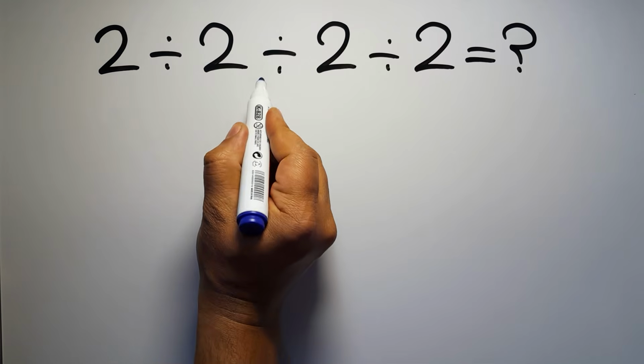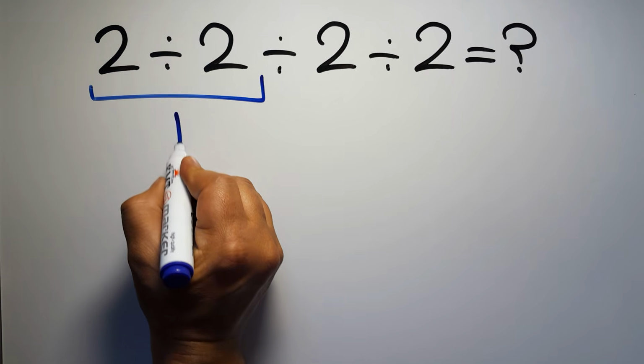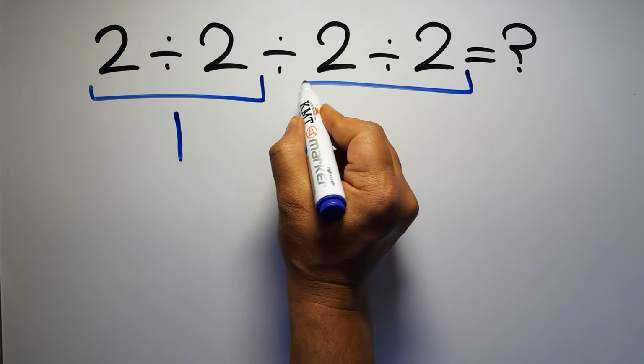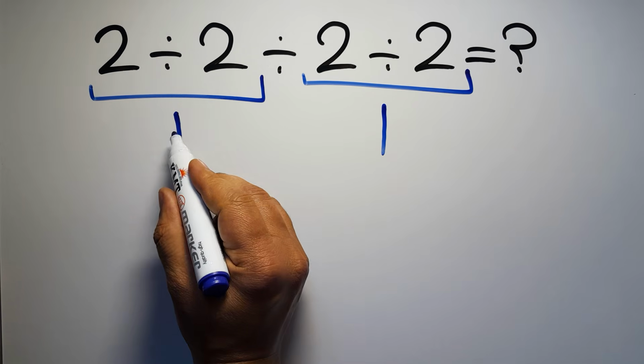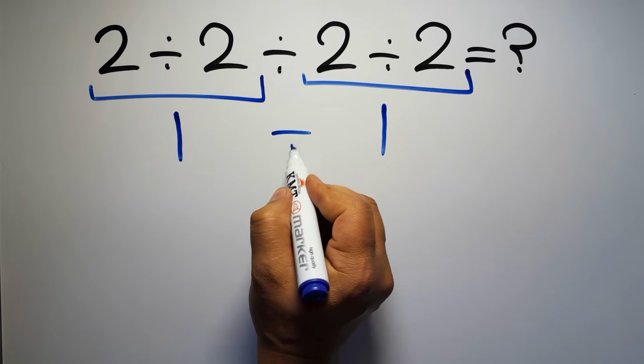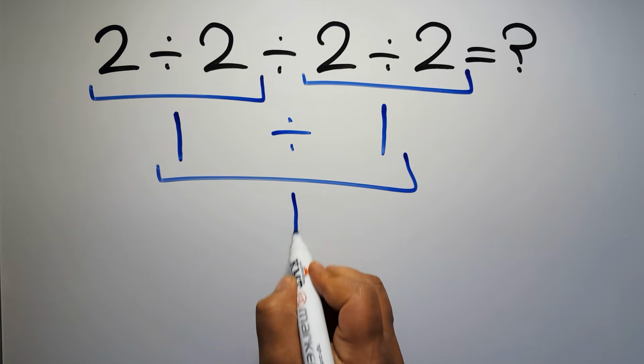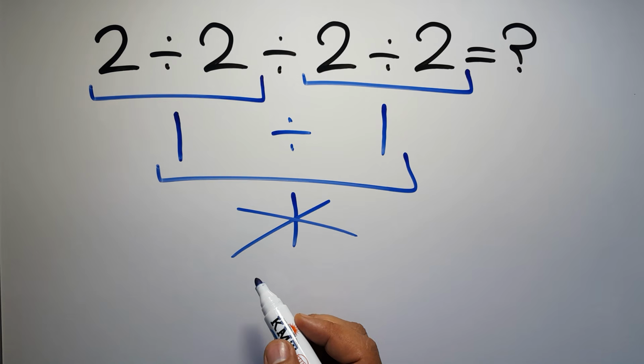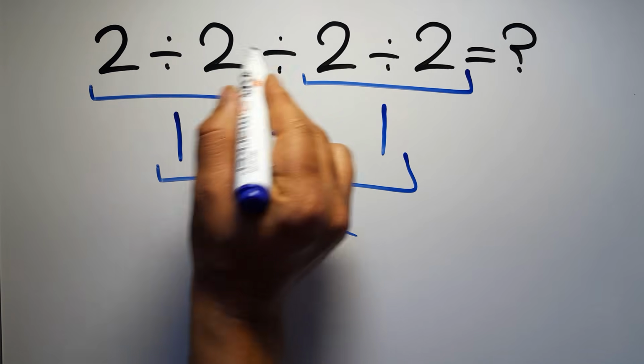2 divided by 2 equals 1. And again here we have 2 divided by 2. So 1 divided by 1 is just 1. But this answer is not correct because according to the rule of operations, when we have more than one division